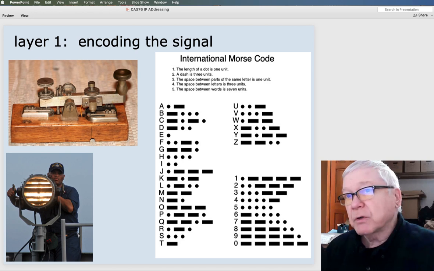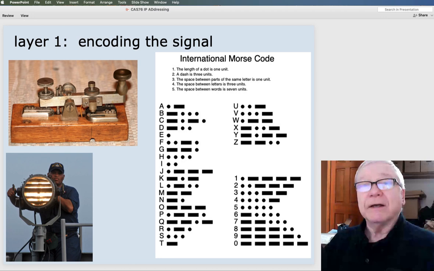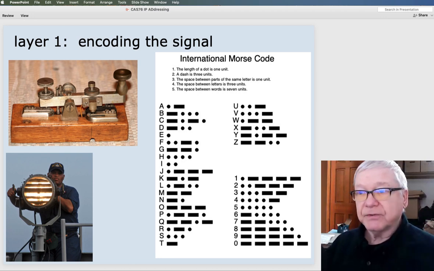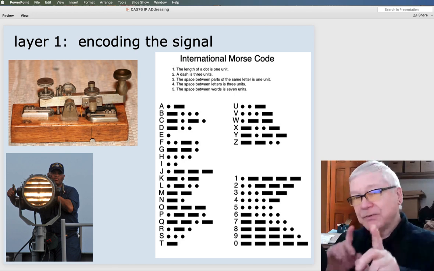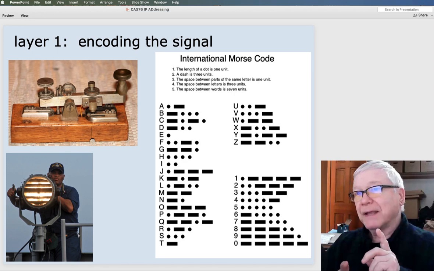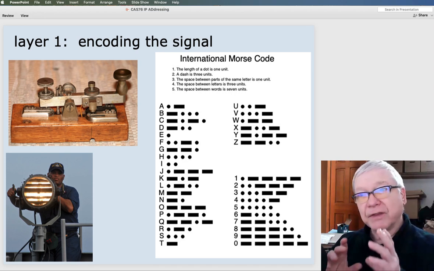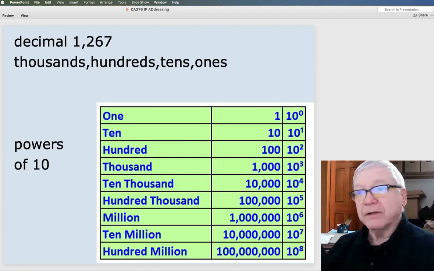If it's an electrical signal on a telegraph, or a light flash that's either short or long, Morse code, which you may know: SOS, save our ship, dit dit dit da da da dit dit dit. Those two things, it's either a dit or it's a da, and a pattern of that represents something, and that's what we're going to take a look at in a second here.